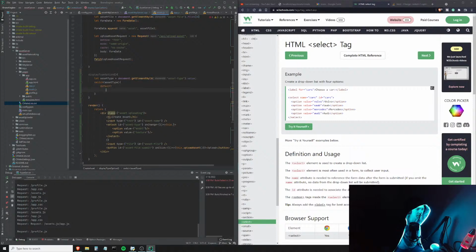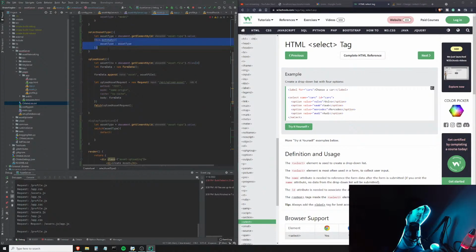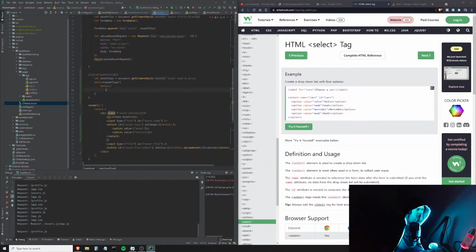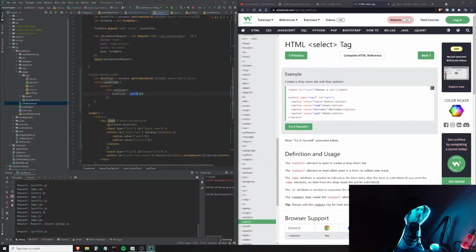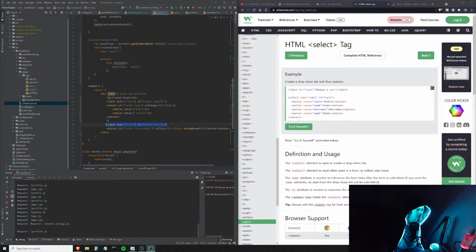Default will be, we'll just set the state to model if it's not set to anything. If it is a model, we will